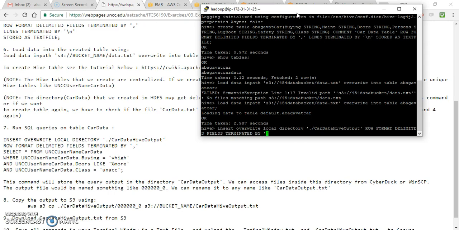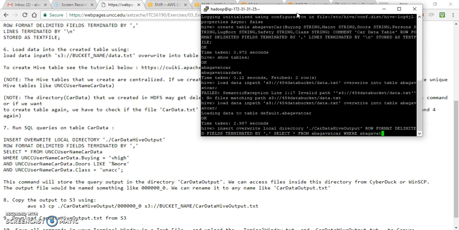I want to store my output as comma separated. Then I'll start with my query. Select star from my table name, where